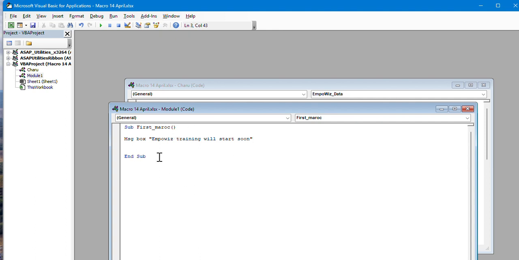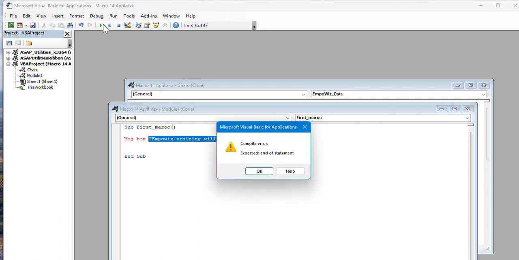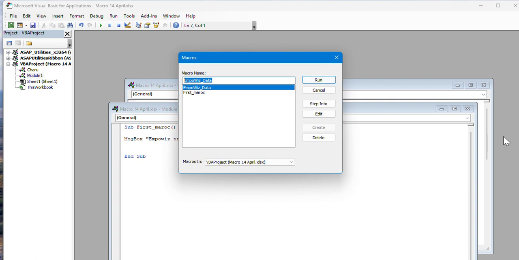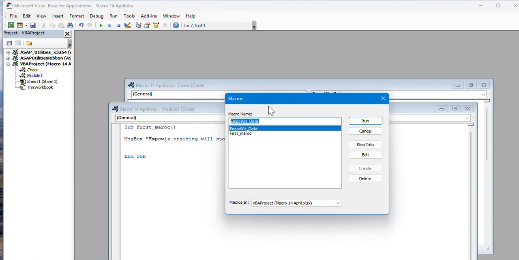Now if you want to run, click on run. Expected, a compile error, because our macro is not working, that's why. One moment, I think it's showing an error. Okay, run. Now here you can see our macro is ready to run,